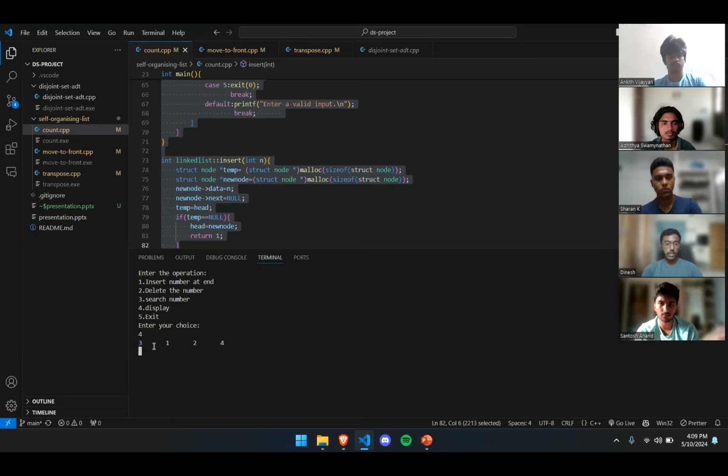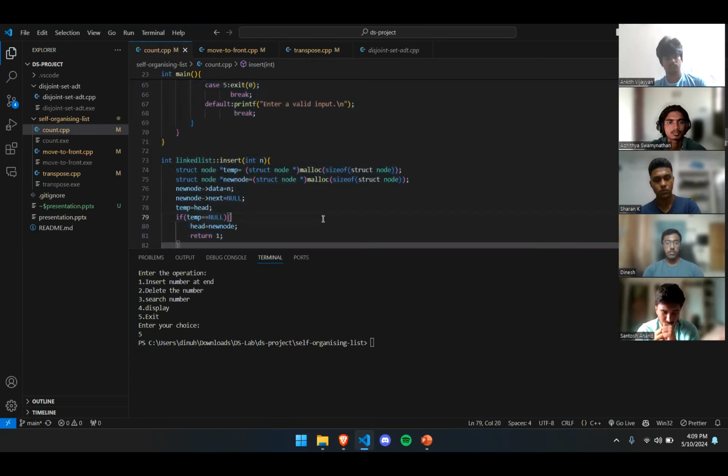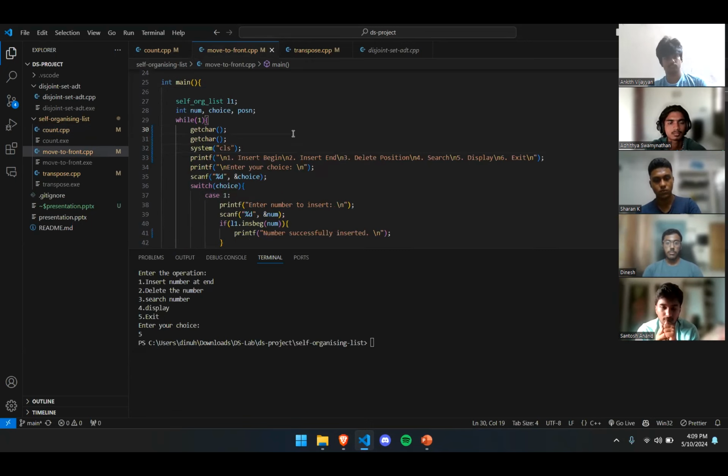And now if I search for the number 1 twice, the count for 1 will become 2, and hence 1 will move to the front. As you can see, 1 has now moved to the front. So this is basically how the count method works. Moving on to the move to front method,